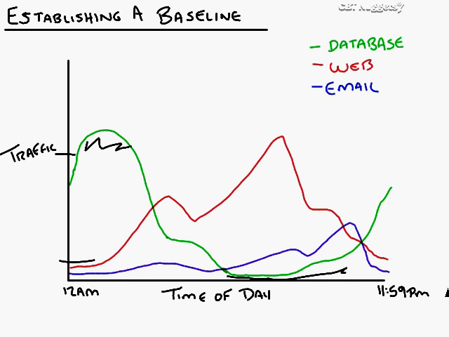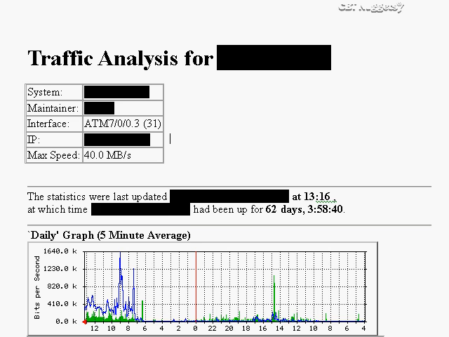As a matter of fact, let me show you something that's really interesting. I just received this traffic analysis in my email yesterday, actually. It's from a company that would like me to come out and really optimize their network and figure out what on earth is eating up all their bandwidth. Now, I went ahead and blacked out the names to protect the innocent, but overall, they have an ATM interface, and they emailed me this chart saying, well, this is the daily graph, a 5-minute average, and I can see over the course of a day when the traffic peaks are, inbound and outbound based on the green and blue